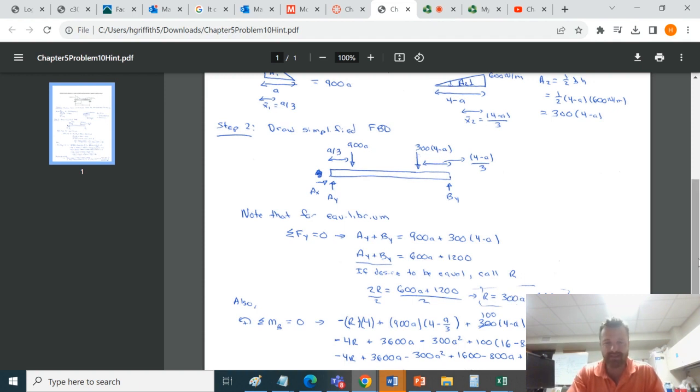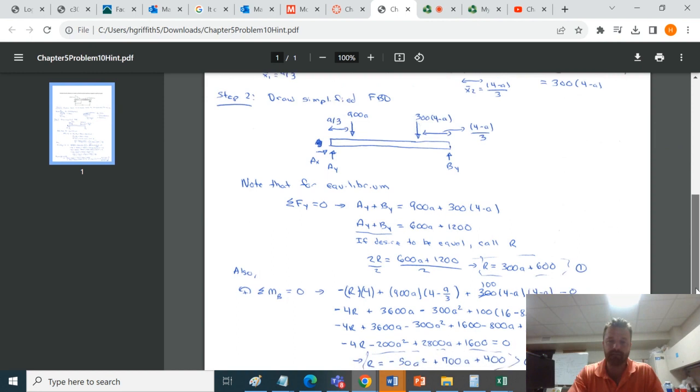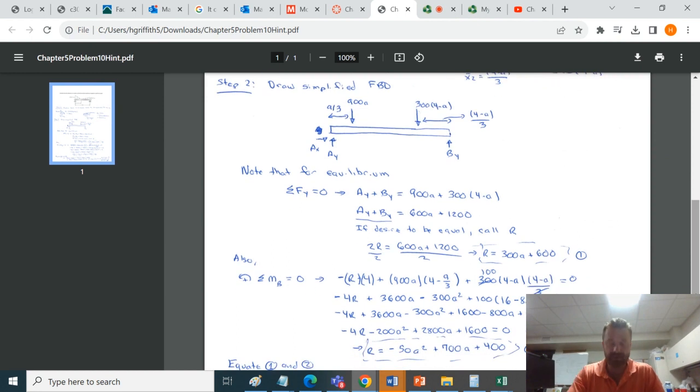times A plus 600. So it's not typical like we usually do these problems, but you're still getting an equation in two variables. You don't know R and you don't know A. And whenever you have an equation in two variables, you want to try to eliminate one of the two. Now, it just so happens if you choose to sum all moments about point B now, and what that is